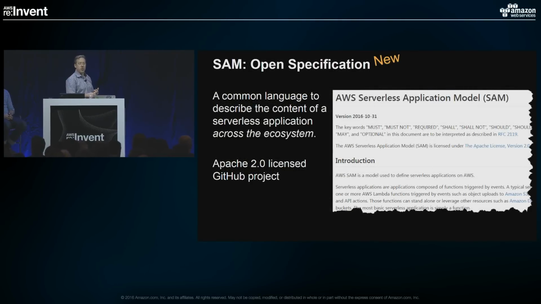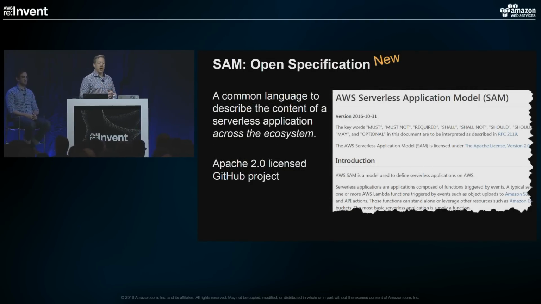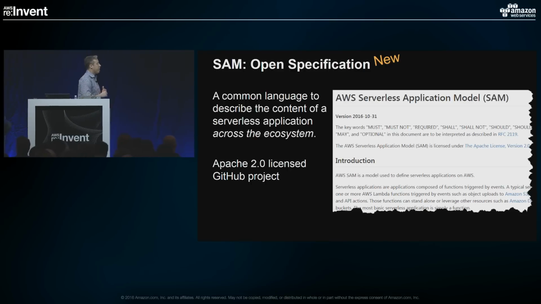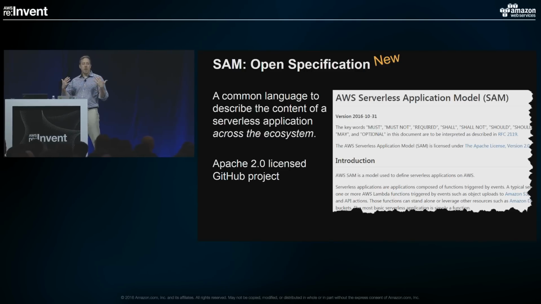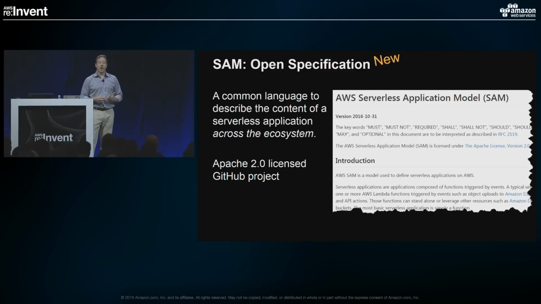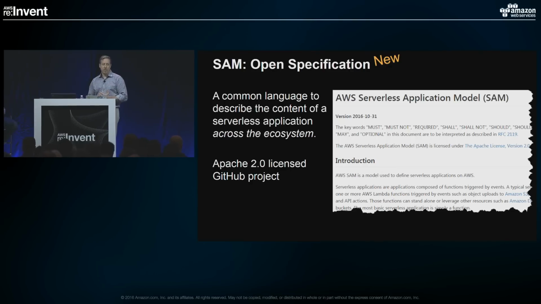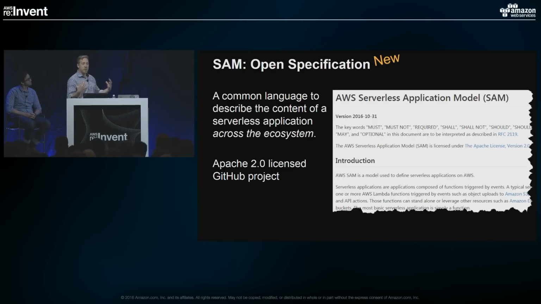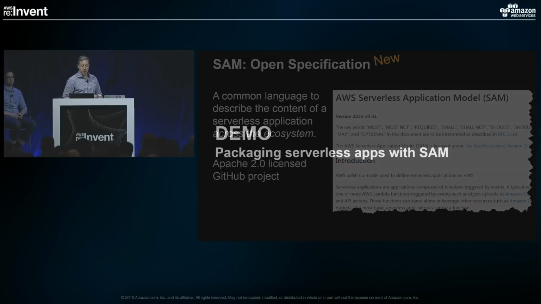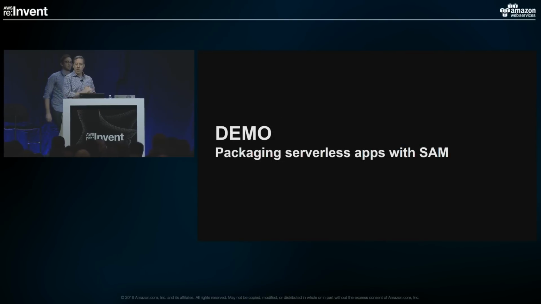And that's the reason that we've also chosen to open source the specification for the serverless application model. So we have this Apache 2 licensed up there as a GitHub project in AWS Labs, with the intent of being able to share that broadly with all of our ecosystem partners and avoid the problems and pitfalls of having everybody define this in a different way. So you can think of it as kind of defragging the modeling part of our serverless ecosystem and community. And so we're really excited to help do that as a way of accelerating and helping to power the community forward. Now with that, I'm going to turn things over to Rory.